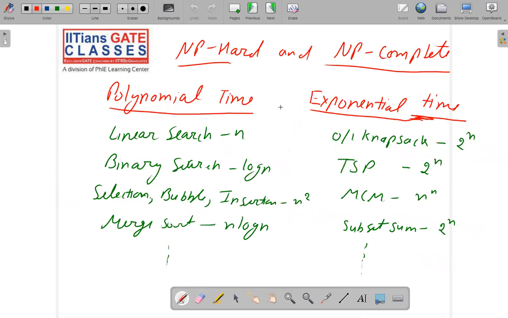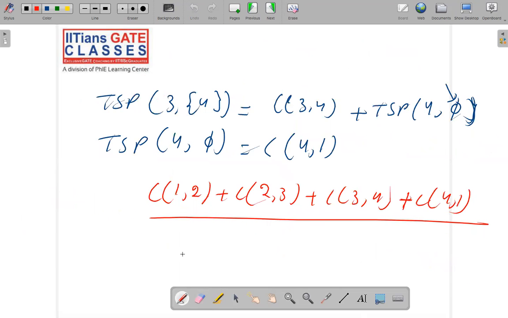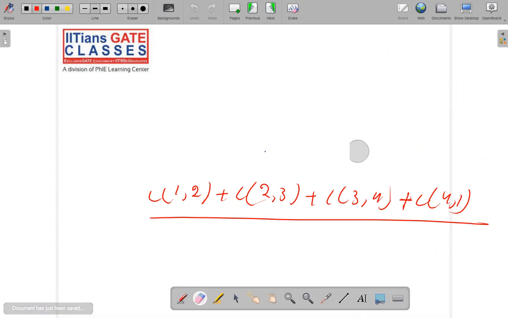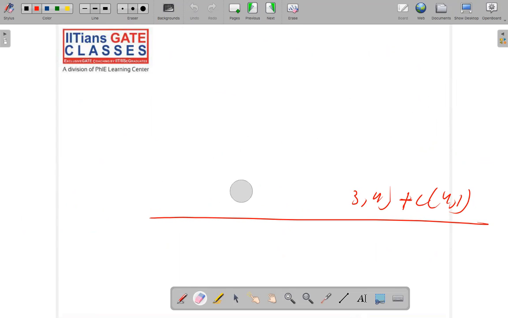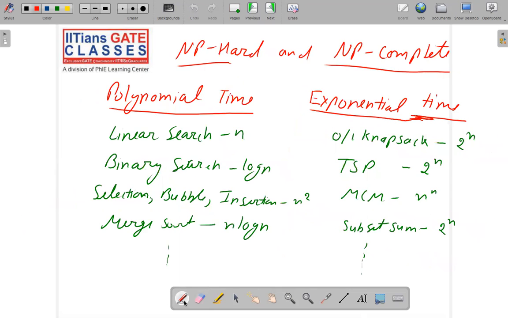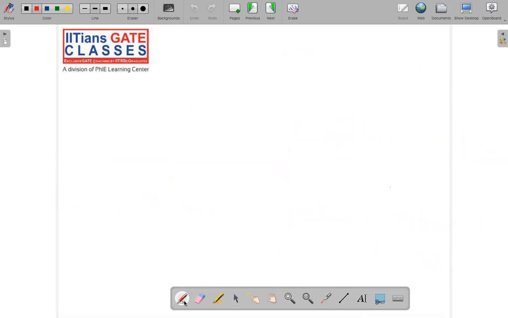Now the very basic property of TSP is that there is no dynamic programming solution for the TSP, the traveling salesperson problem. Because all the function calls in the TSP are unique, even if you save all the function calls, it won't lead you anywhere. Okay, so the number of function calls in TSP